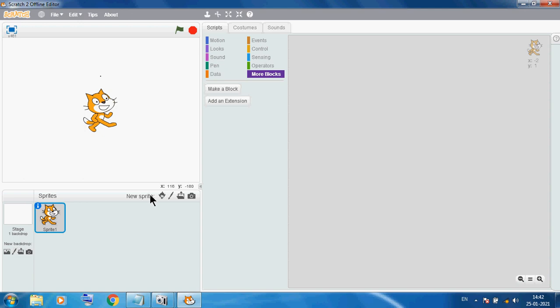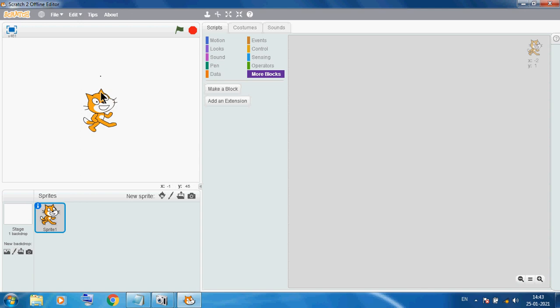You can see in the X axis the value automatically changes in this direction. When you move vertically, the Y axis value will change. When you move the mouse pointer left to right, the X value will change, and when you move it top to bottom or bottom to top, the Y value is changing. Okay students, so this is our coordinate OX axis and OY axis on this stage.